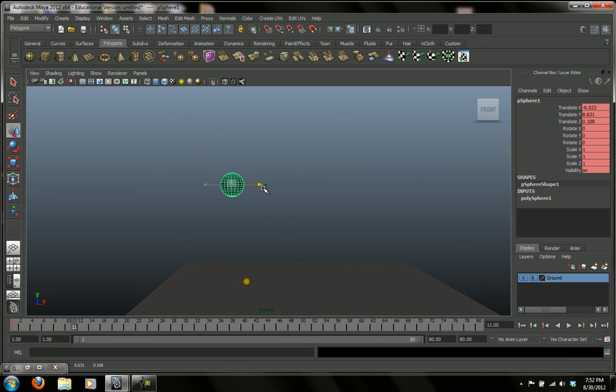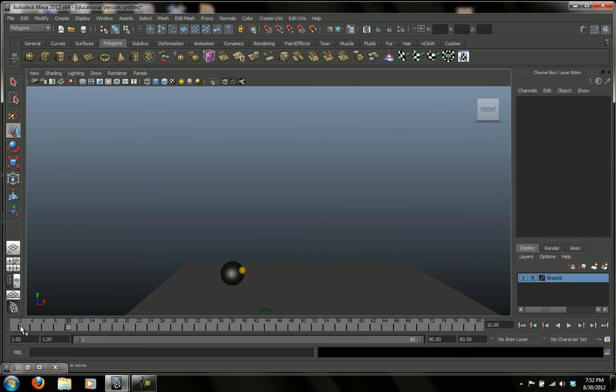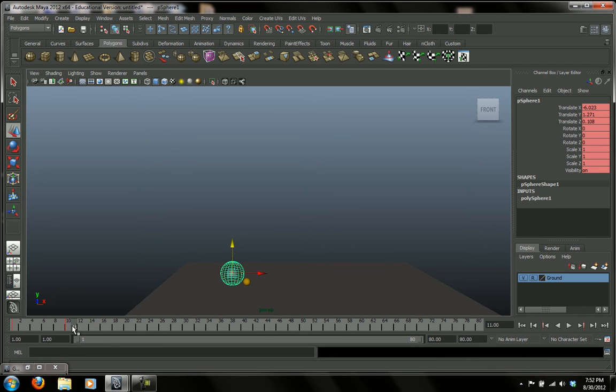And I'm going to move it forward, and I'm going to move it down like so, and keyframe it. Okay. In fact, I'm going to make it 2 frames before. Okay, and then